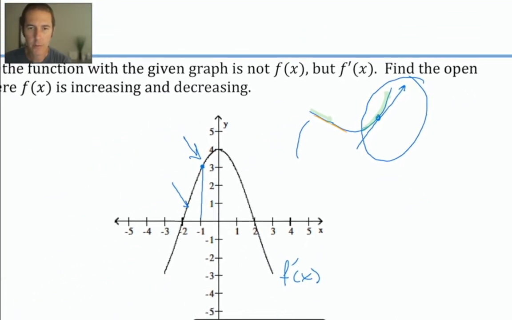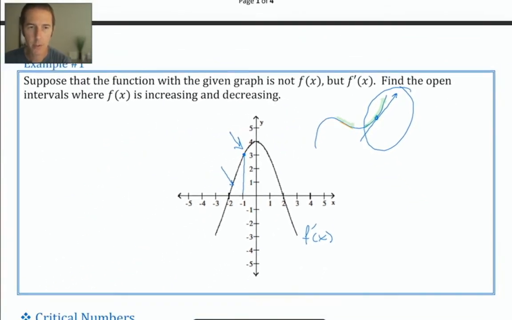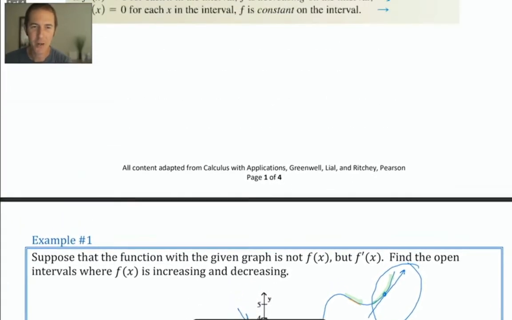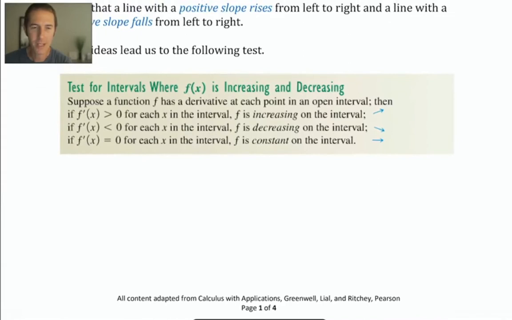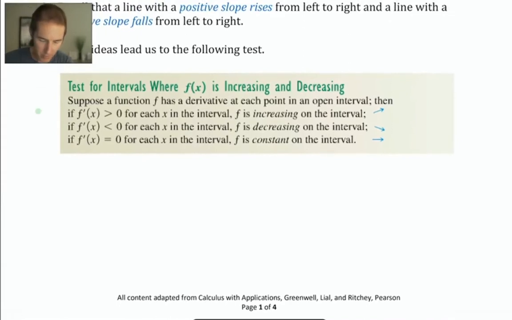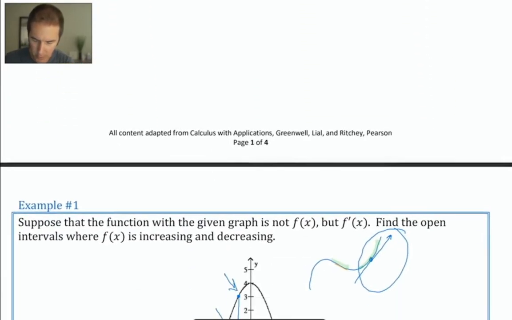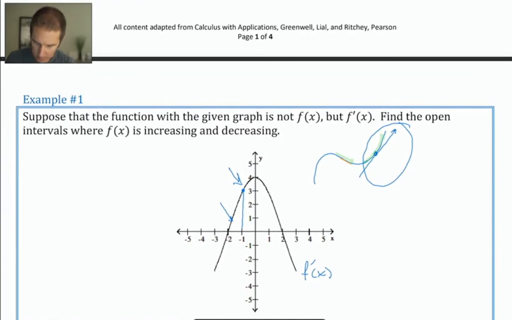So all of this is just to attempt, although it doesn't feel like it's going super well, to illustrate this idea for you, that a positive sloping tangent line tells us that our function is increasing, a negative sloping one tells us that it's decreasing, and